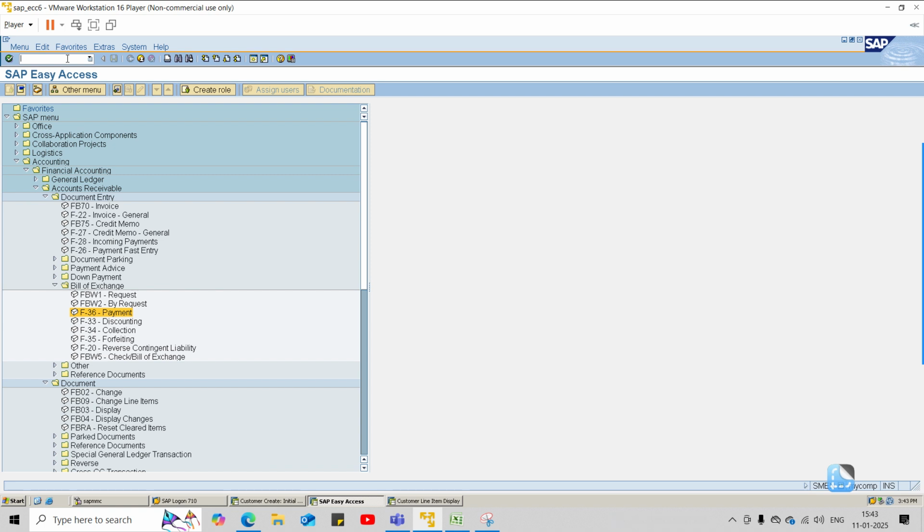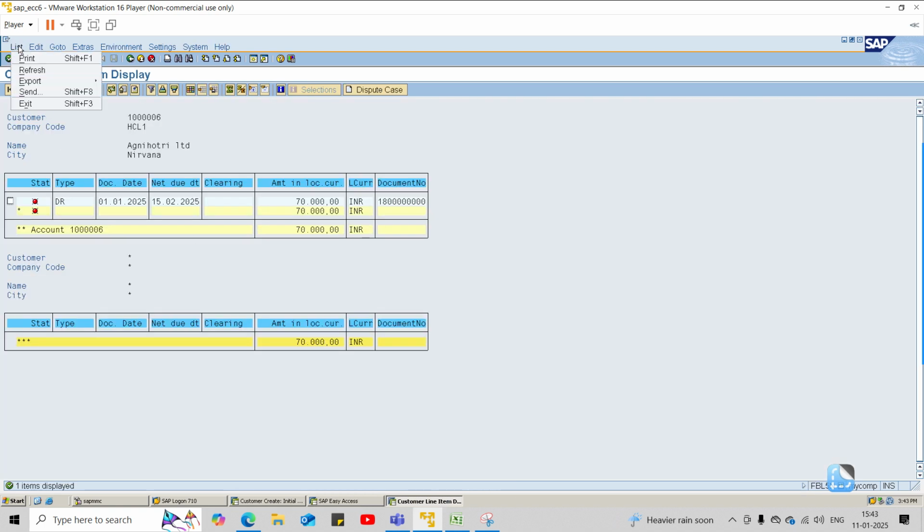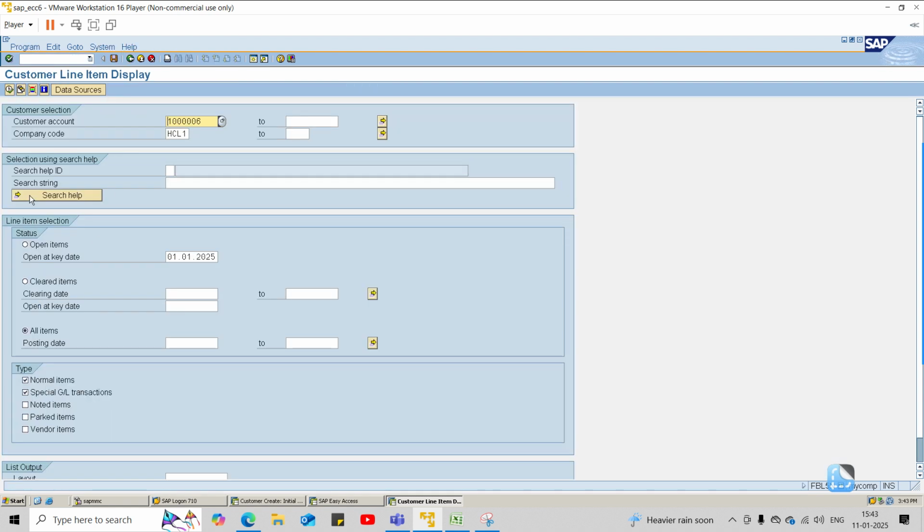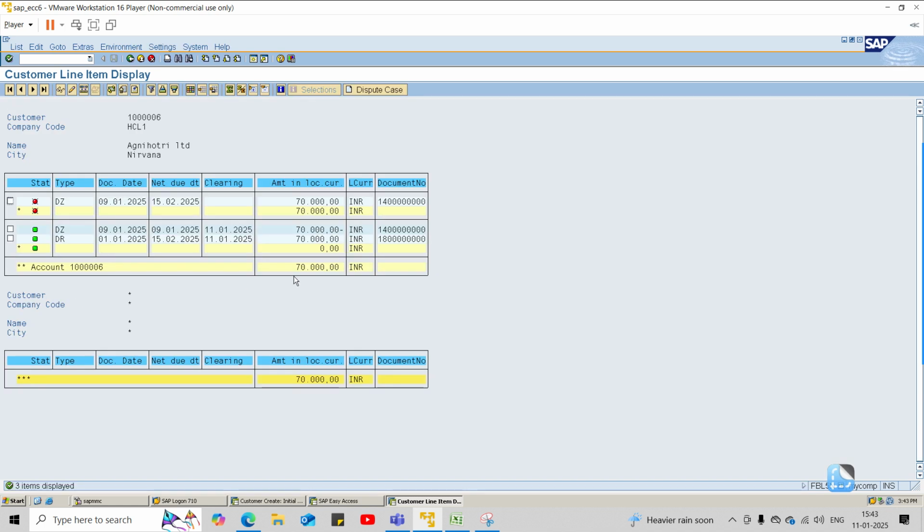Go to FPL 5M. Refresh it. It is cleared 70k against the BOE that we have received. Okay, so our customer is clear now. But this item still is open. Why? Because we are still liable to pay to the bank,